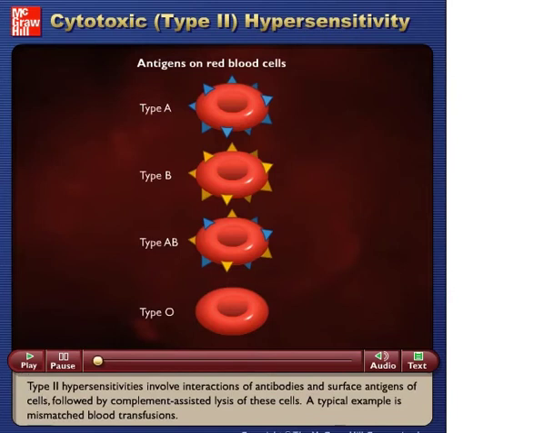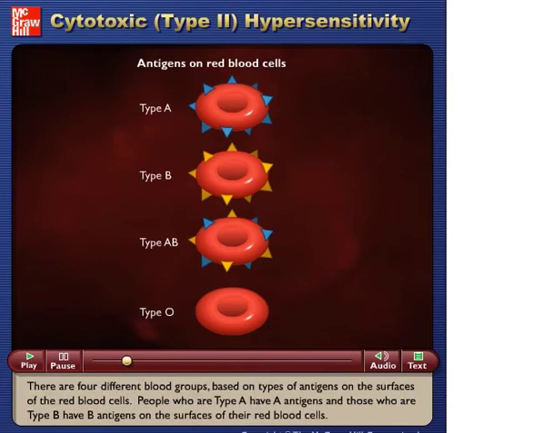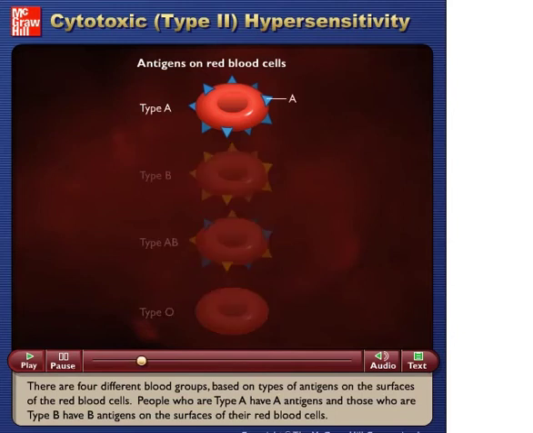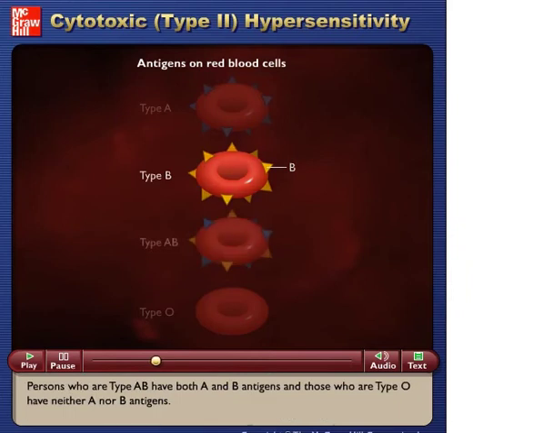Type 2 hypersensitivities involve interactions of antibodies and surface antigens of cells, followed by complement-assisted lysis of these cells. A typical example is mismatched blood transfusions. There are 4 different blood groups based on types of antigens on the surfaces of the red blood cells. People who are type A have A antigens, and those who are type B have B antigens on the surfaces of their red blood cells. Persons who are type AB have both A and B antigens, and those who are type O have neither A